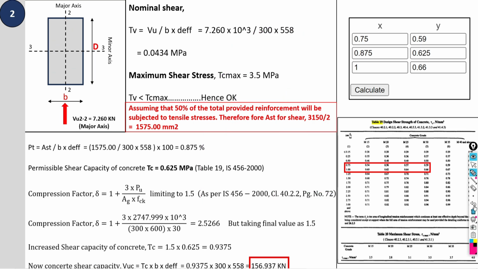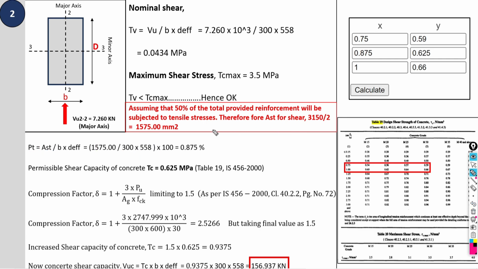So when you do this calculation, always keep in mind that only 50% of the reinforcement needs to be considered. For the percentage of steel, I am not going to consider the total area, I am going to consider half of that area, divided by 300, divided by the effective depth, to find out what percentage to consider. So 0.875, or directly you can take 1.75 divided by 2. That is also correct, not wrong. Both are okay.